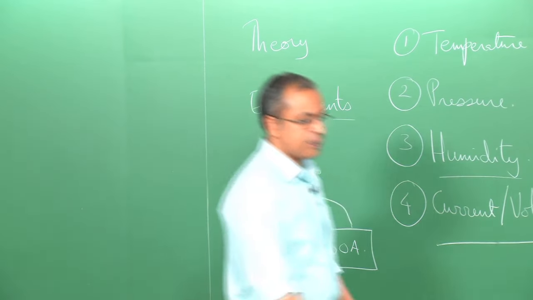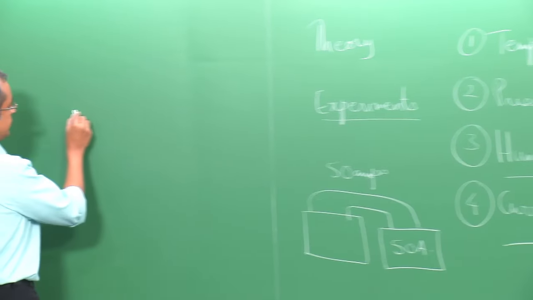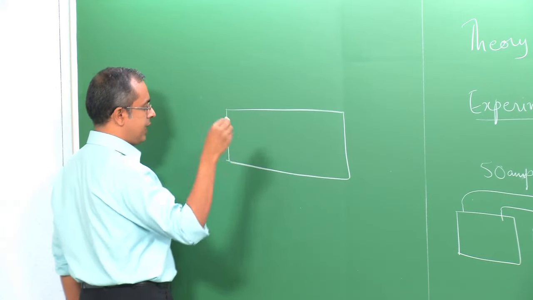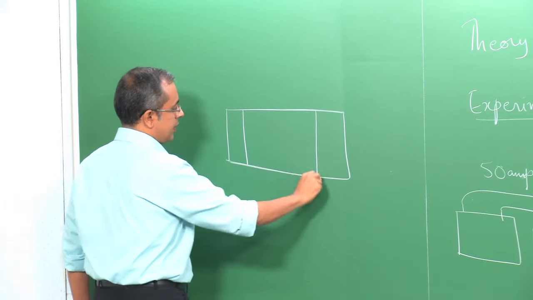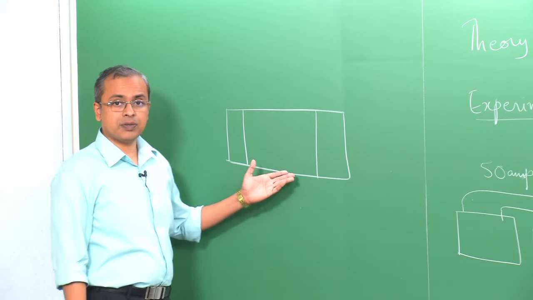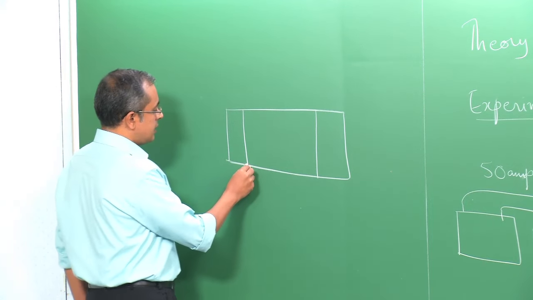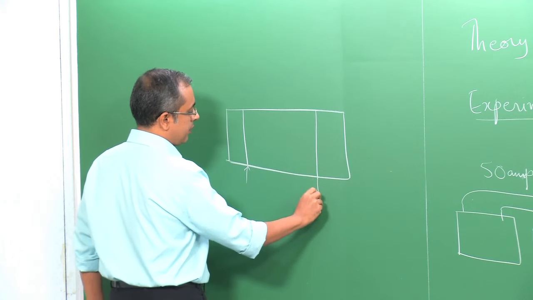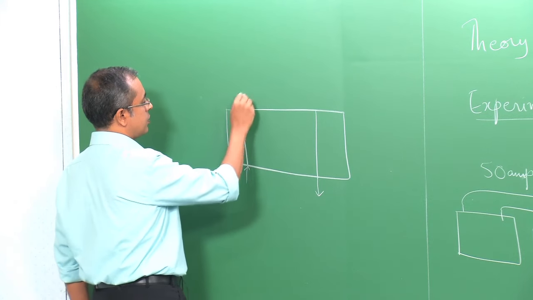So, for example, you have a sample. I am just showing you the top view of a sample, so you are looking down on a sample. Let us say you simply want to measure the resistance of the sample. You can simply put a current in from this location, draw it out of this location, and you also measure the voltage drop here,